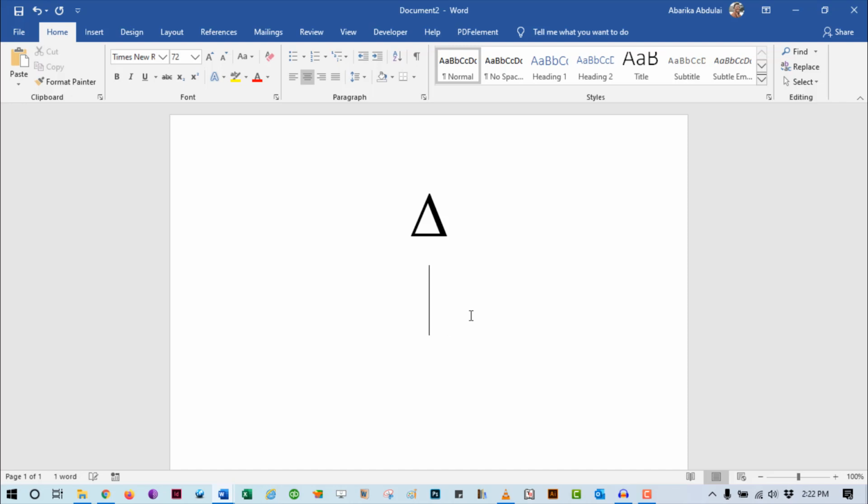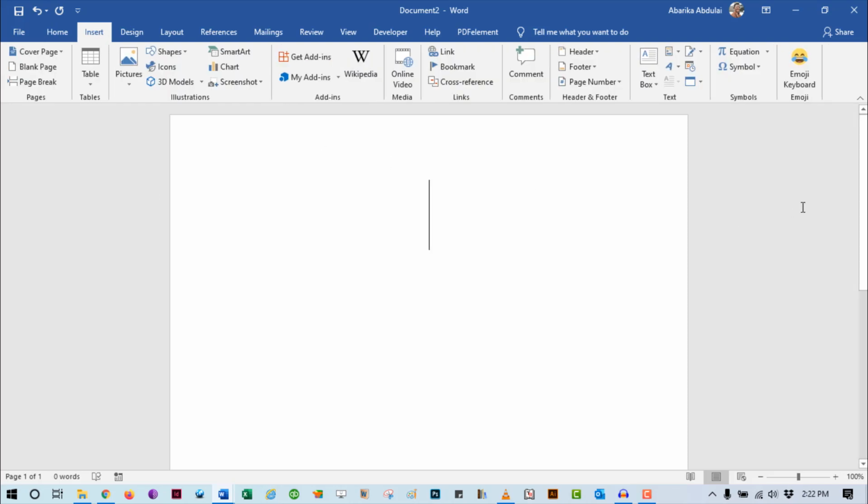Aside from using the keyboard shortcut for this symbol, there is also a mouse-based approach. It involves using the Insert Symbol dialog. It is a library of all the symbols on the computer. To get this symbol, come and click on this Insert tab here. In the Symbols group, select the Symbols drop-down, then More Symbols.